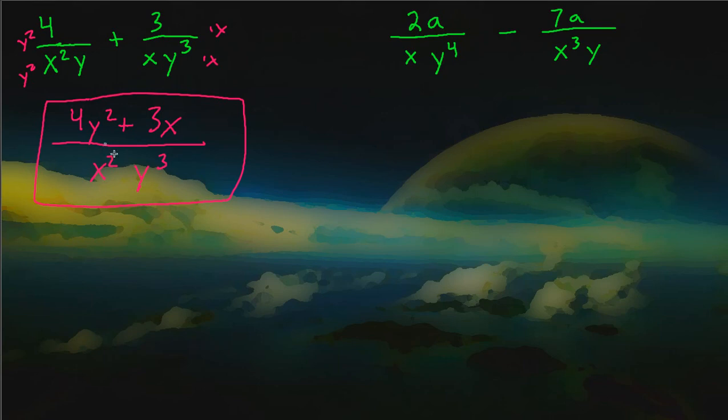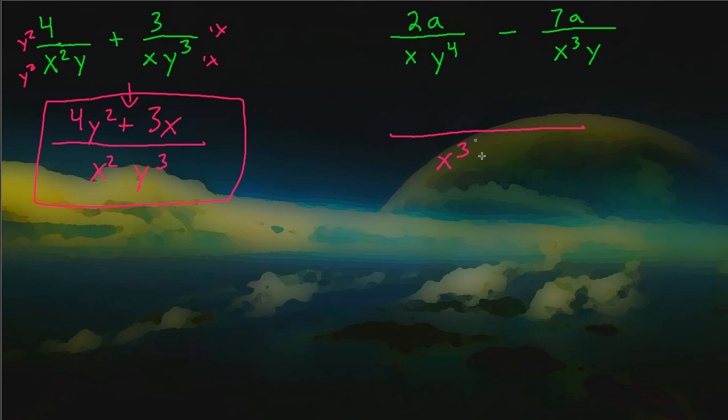No reducing. I can't cancel these y's or these x's. You can never cancel through an addition or subtraction sign. Only if you're multiplying does canceling apply. On this one, I have a single x and x cubed, so x cubed, and then I have